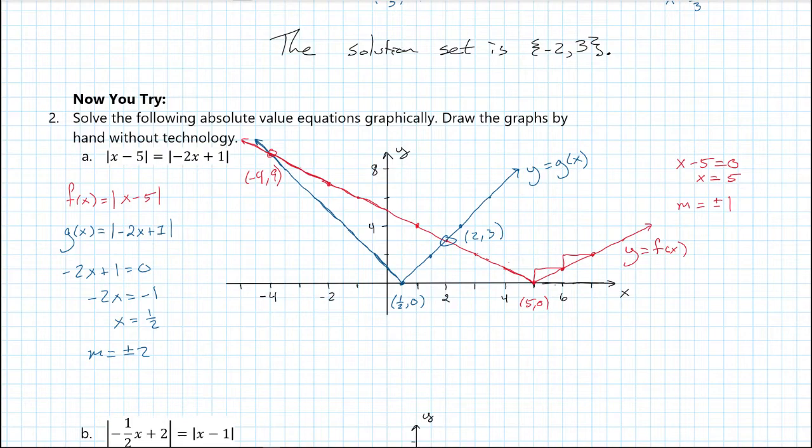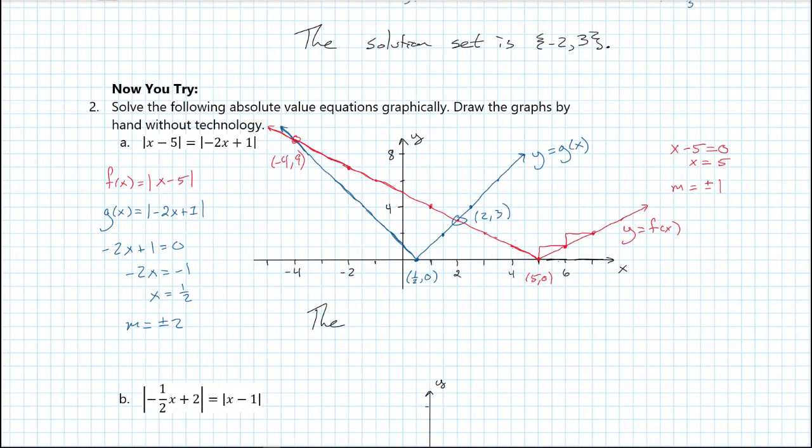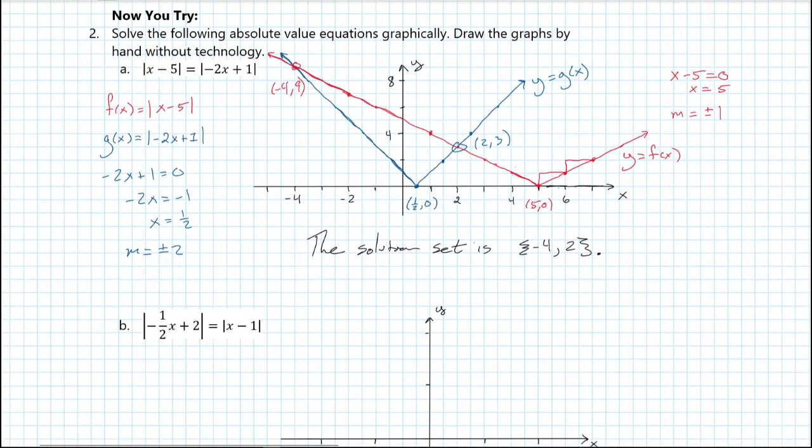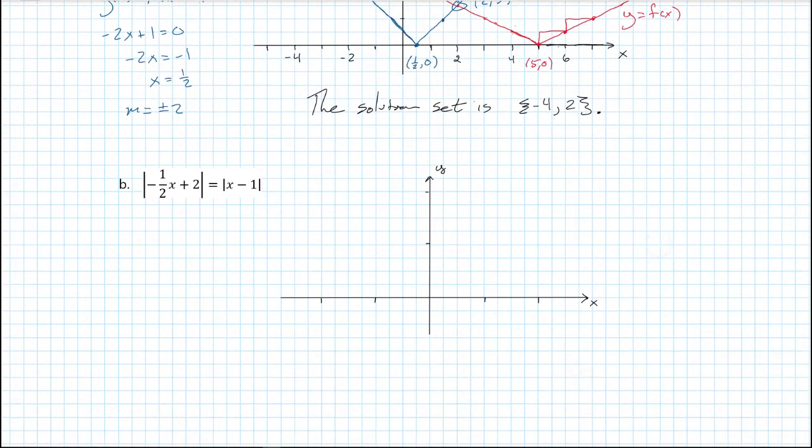Cool. So we've got our intersection points, so we can say that the solution set is the set containing the numbers -4 and +2. Sweet. All right. That's it for this one. Let's go ahead and scroll on down. You can pause and rewind as you need to, but I'm going to scroll on down to this next one